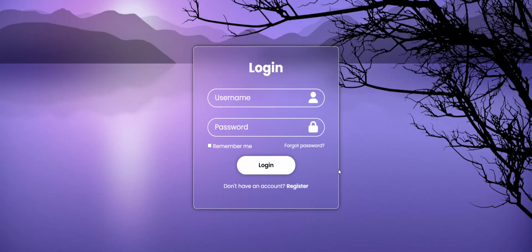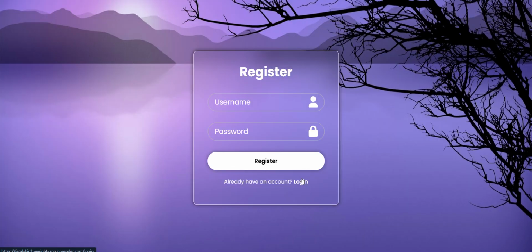Our project is Smart Fetal Birth Weight Prediction. Initially, we'll come up with a login page. If the user doesn't have any account already registered, he can register using this link, register. As soon as we click on that register link, we come up with a registration page where we'll fill out